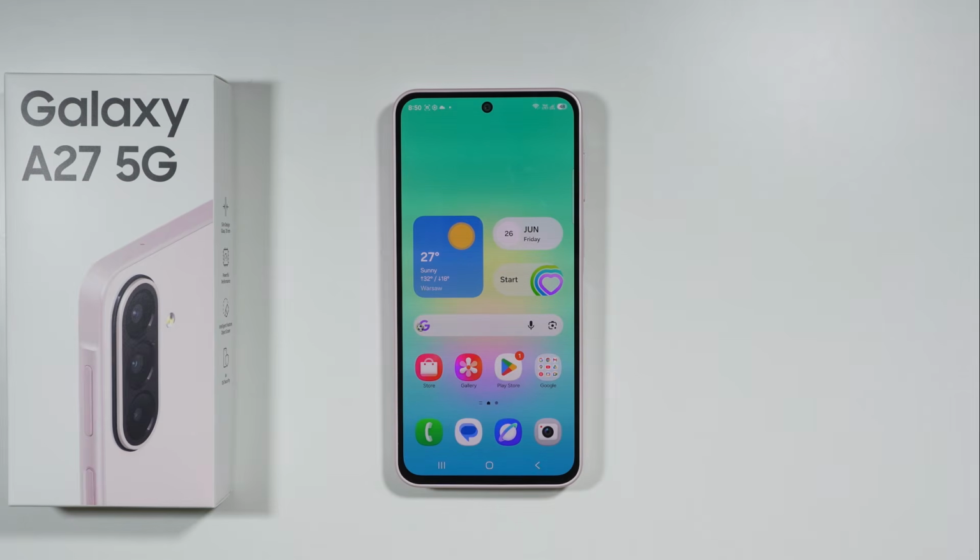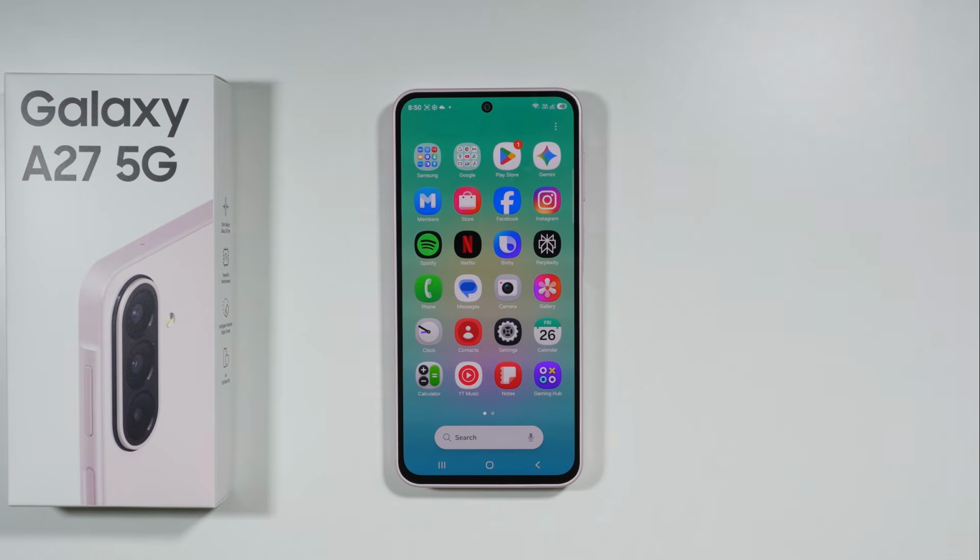If you are wondering if we have bloatware on Samsung Galaxy A27, then the answer is unfortunately yes, although the bloatware is not really that intrusive as in other cases. Still, we have a couple of apps that are pre-installed for us that definitely should not be pre-installed. For some people it might even be convenient that they have been pre-installed, but still I think it is worth